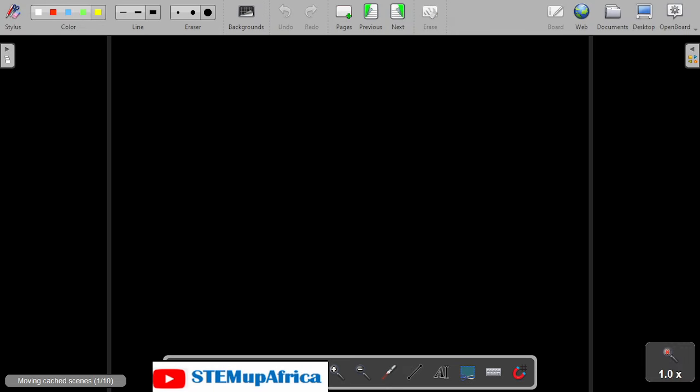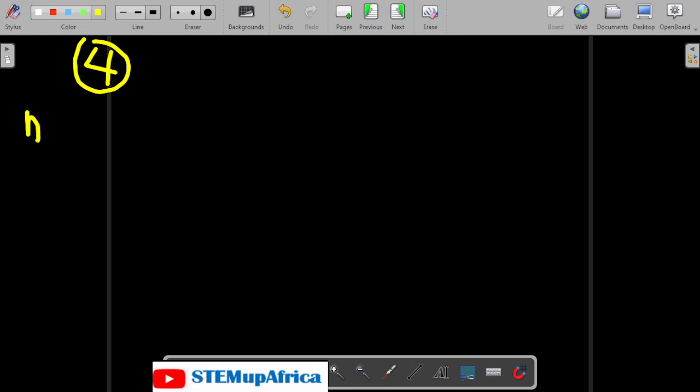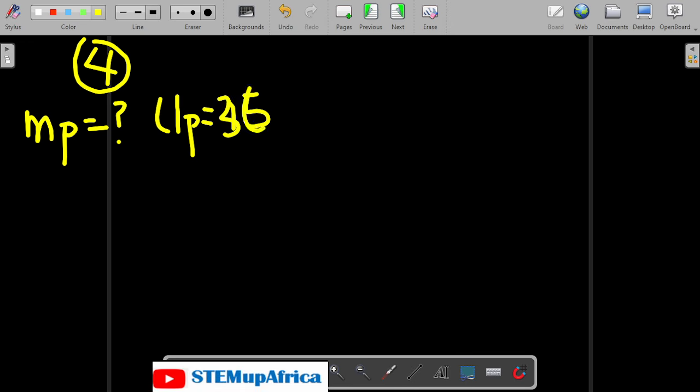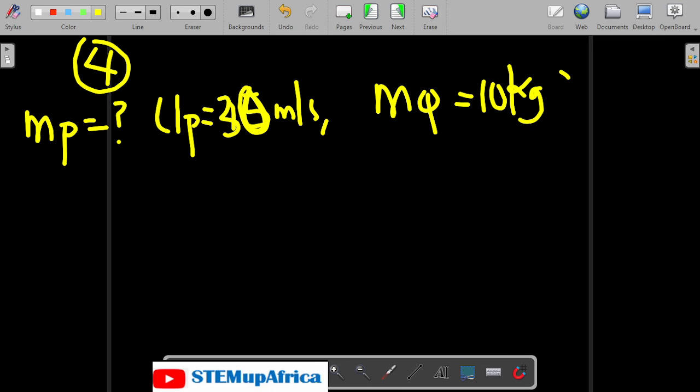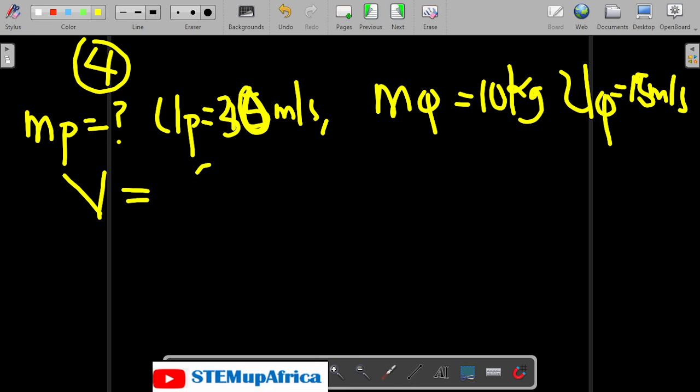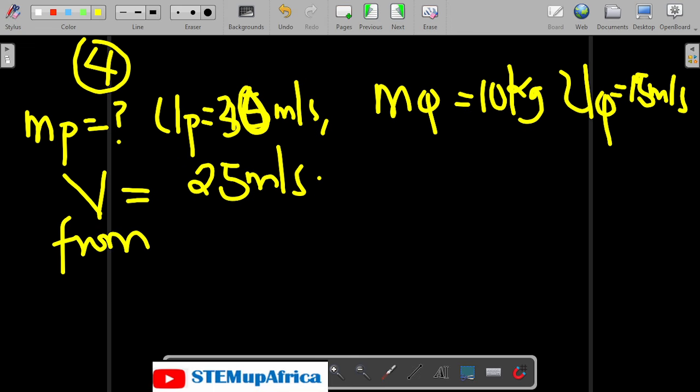The mass of P, that's what we are looking for. So mass of P, I don't know. Then the initial velocity of P is given to us as 30 meters per second. Then the mass of Q was given to us as 10 kg. Then the initial velocity of Q was given to us as 15 meters per second. So the velocity after collision, which is V, the common velocity, is given to us as 25 meters per second. So from conservation of linear momentum,